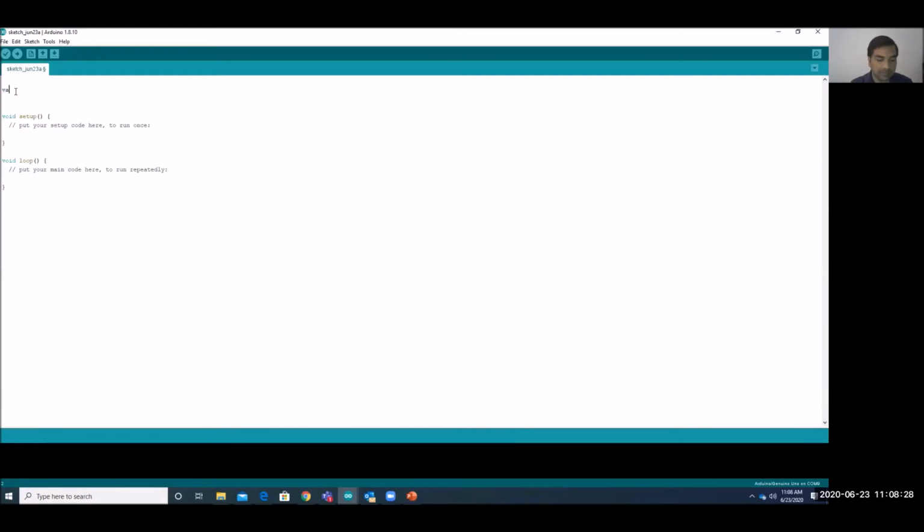So you can put variable declarations. Outside, you can declare variables that will be your global variables. You can use them within void setup, and you can use them within the loop also. Okay, so this will be your global variable, and here you can define your header files also. So suppose we are using an LCD, then in that case we include the header file.